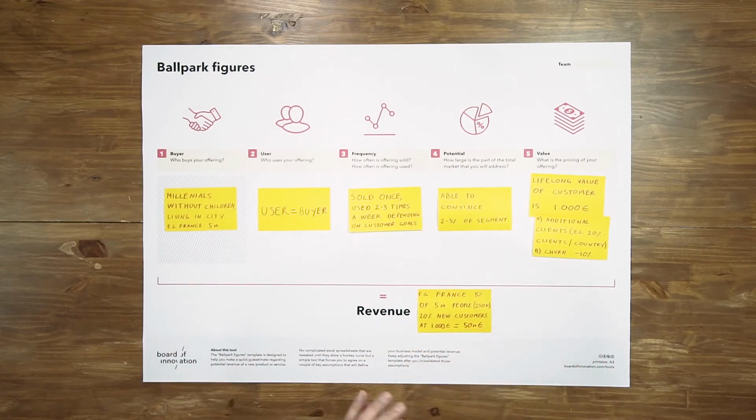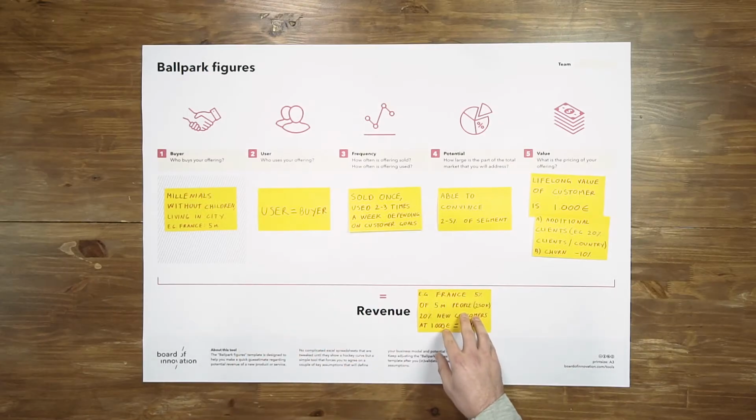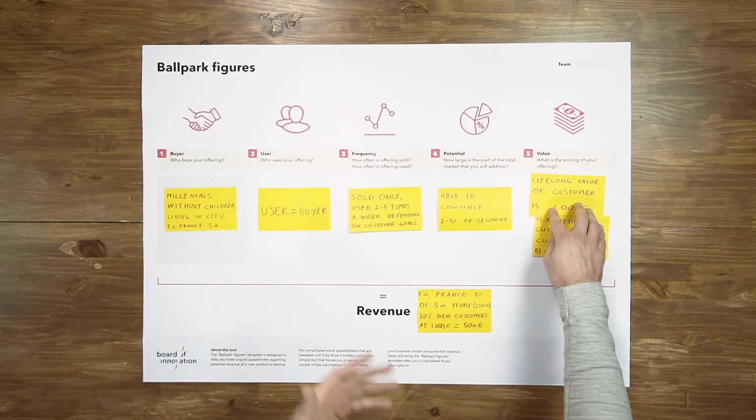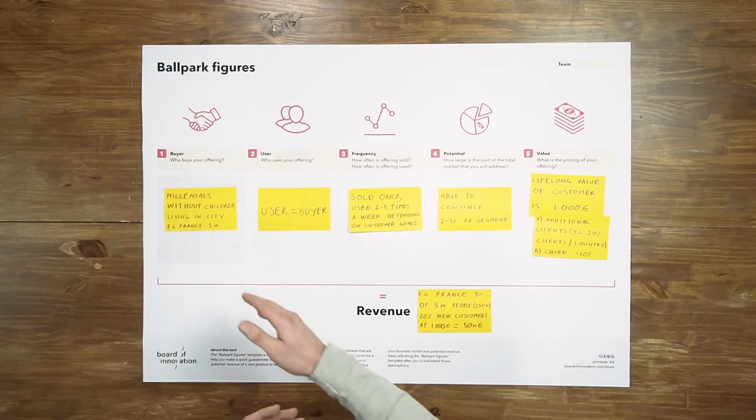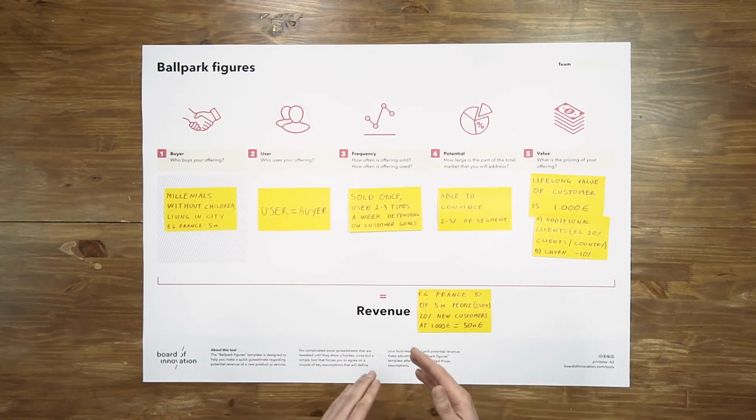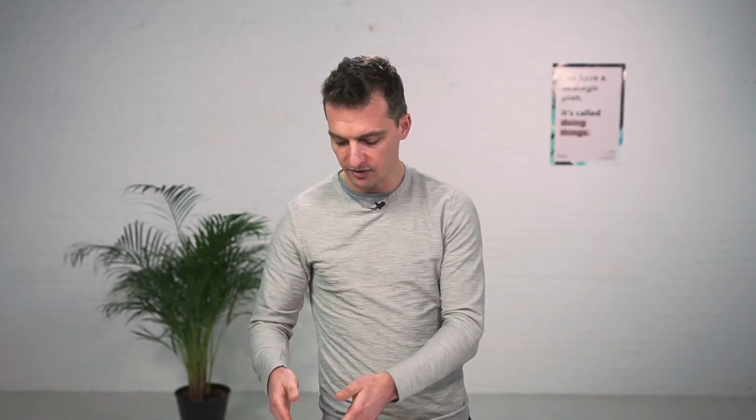This number can be way off or can be very close to what we can actually achieve, but once you have this number in place, you have a tool that you can sit together with your team to shoot at. Maybe some people don't agree, they say no, the 1,000 euro needs to be 2,000 euro or 500 euro, or they totally don't agree that the 5 million segment is big enough in France, and so on. So you see the relationships between those numbers, and very early on in the process you can challenge them and have a discussion with your team, maybe to narrow or zoom in on that number, where you would say like the 50 million euro, no, that's way too high. By re-looking at those numbers, we end up with a better estimate.